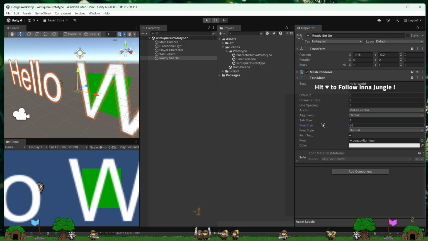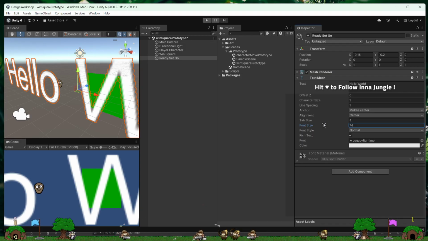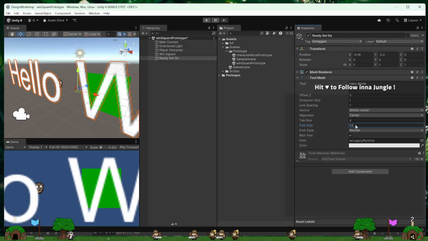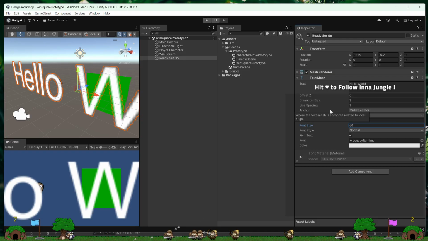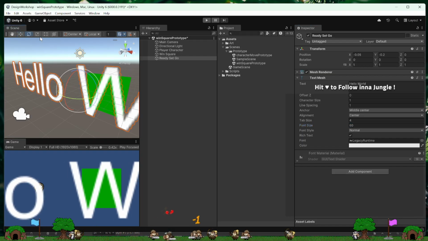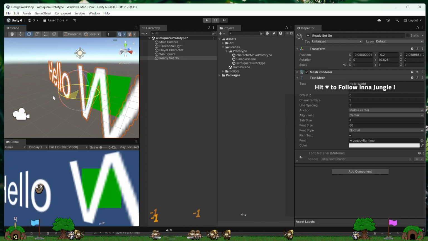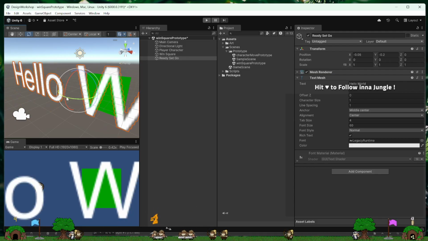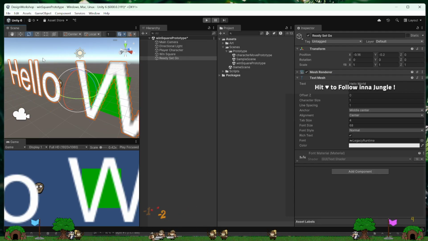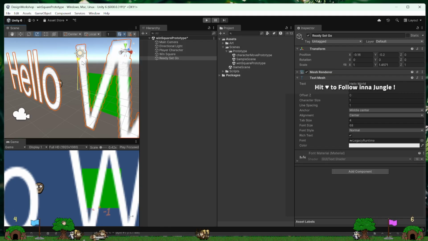I'm going to increase the font size, and this won't be readable. I'm not going to do it like this. I'll go to 60, I guess. But then I'm going to shrink this. These buttons right here are moving, rotating, which I don't need to do or want to do. And scale. These 3 buttons here, it's also possible to use hotkeys, W, E, and R. It's the same thing.